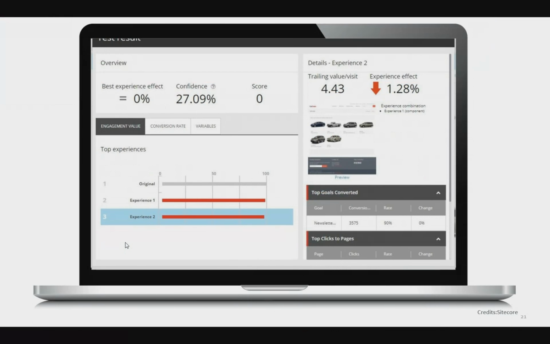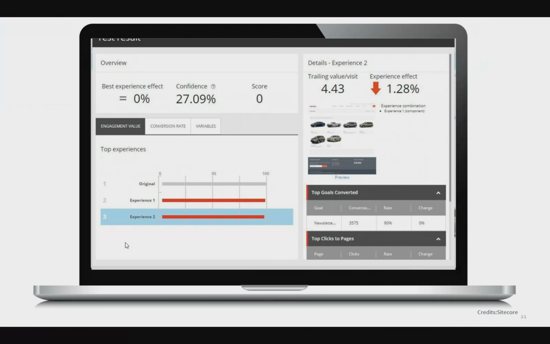So here's an example of when a page was tested against two experiences: experience one and experience two, and the original. What the test is showing is that the original performed better than experience one and experience two.